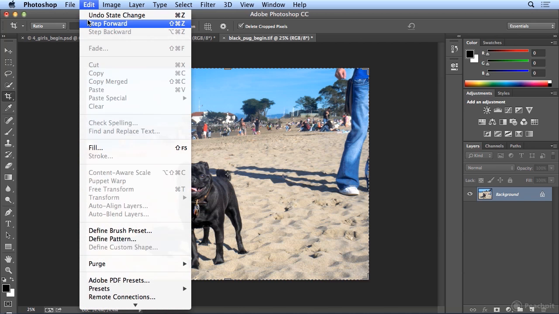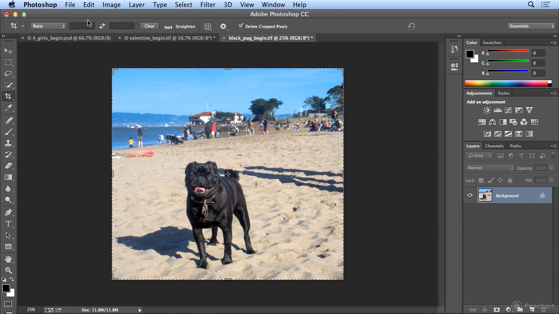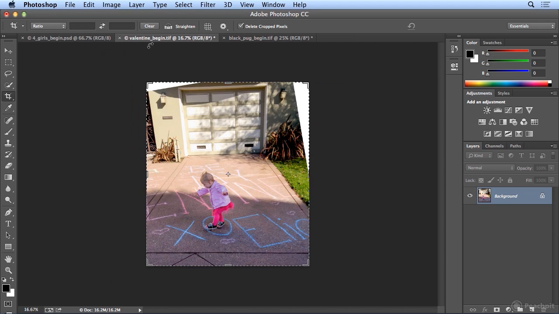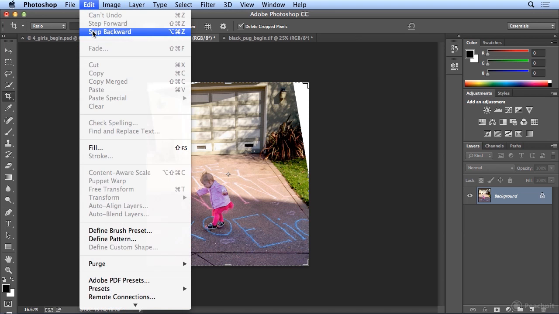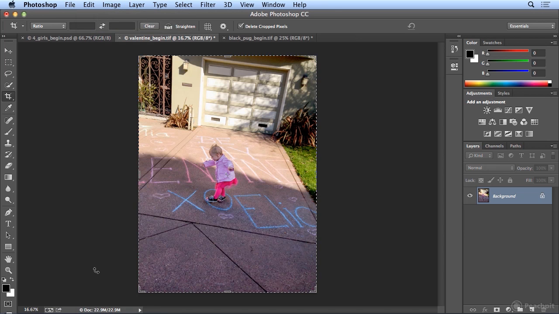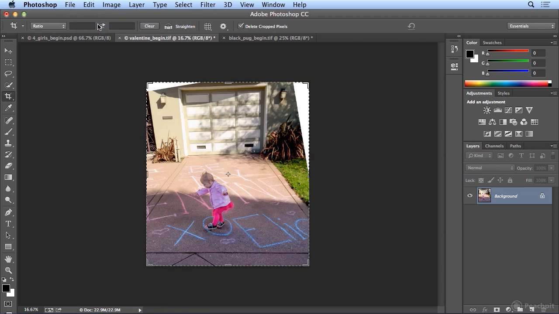So I'll choose Edit, Step Forward. And there's the crop that I want. I'll go back to my Valentine shot, and it is 16.2 megabytes right now. I'll choose Edit, Step Backward, and originally it was 22.9, almost 23 megs. Edit, Step Forward. So now I'll use my Quick Selection tool, and I'll select these two white parts by just